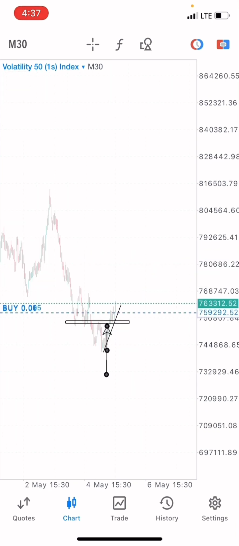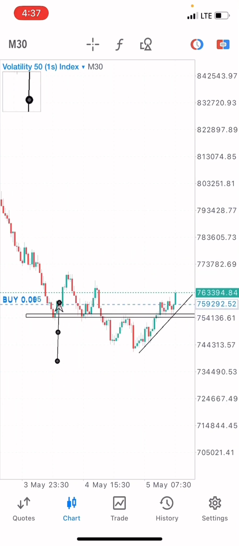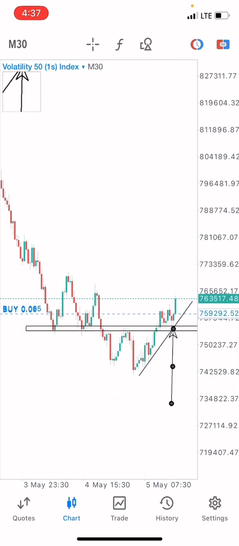You can see we got this pattern formation at this point. We got our left shoulder, our neckline, our head, sorry, then our breakout of this level for a retest, because we got the market bouncing off this level, and probably rejecting after. This level acted as a support, finally resistance. Then the market finally broke above it and gave us a retest. Then you can see the market pushing to the upside afterwards.